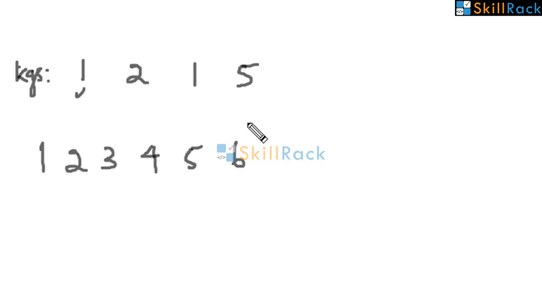Then can 6 be measured? Yes, 5 plus 1. Can 7 be measured? Yes, using 5 and 2 1 kgs or 5 and 2 kg. Then can 8 be measured? Yes, 5, 1, 2. Can 9 be measured? Yes, 5, 1, 2, 1. Using all the measurements, 9 can be measured. Can 10 be measured? No, we can't do it because even if you add all the measurements, it is not adding up to 10. So now the program must print 10 as the output.